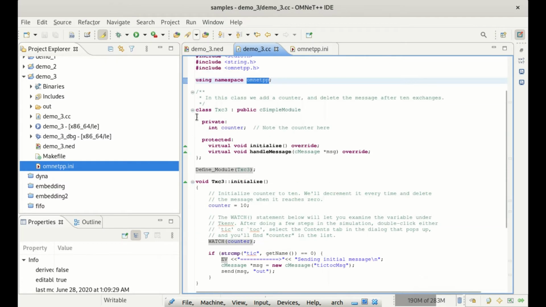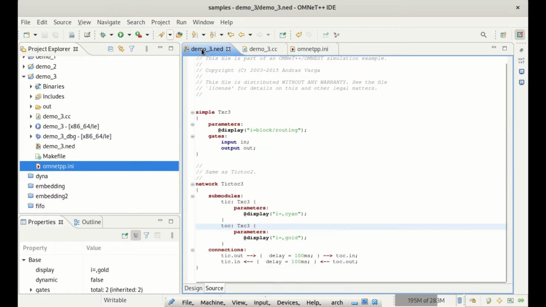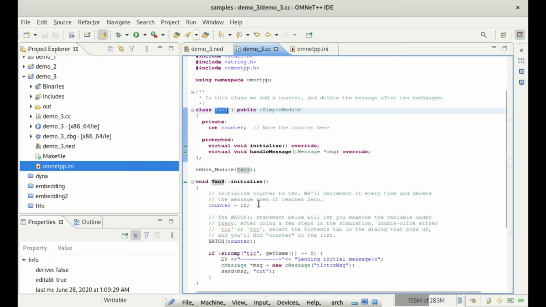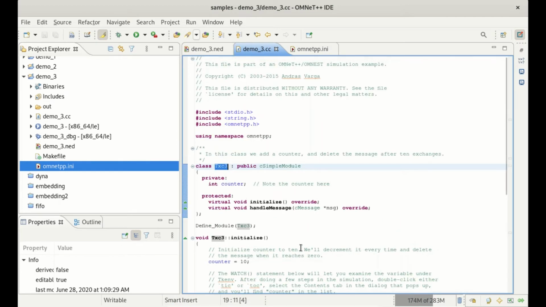So here we are taking the class txc3. This name txc3 will be the same as the simple module name we have taken here, txc3. This name and this name must be the same, otherwise the program will give some error during the build. Okay guys, and we inherit cSimpleModule into this class.